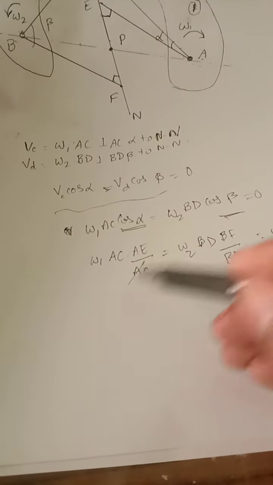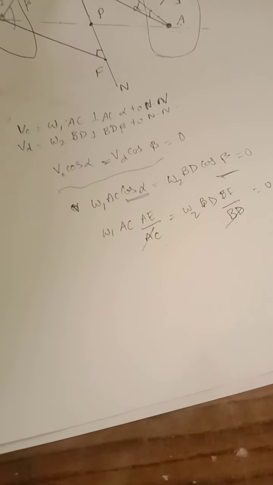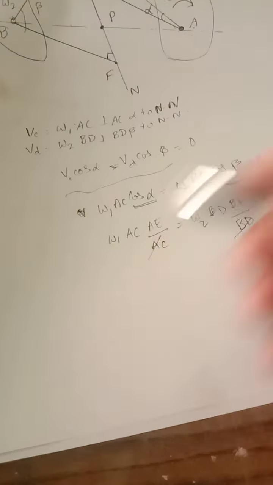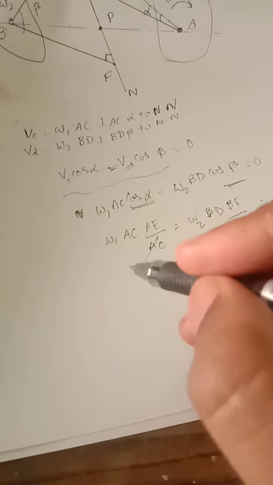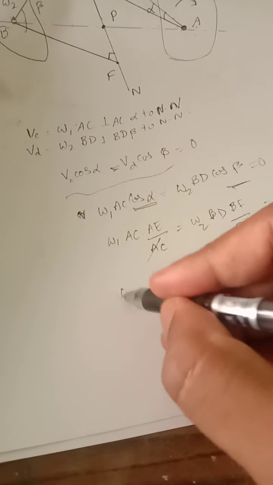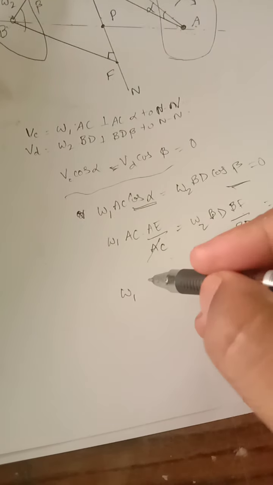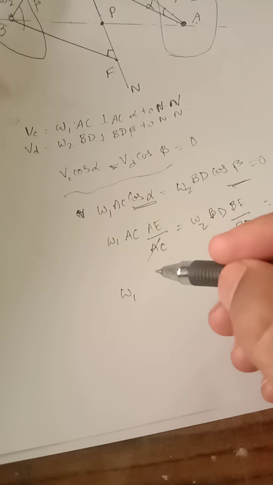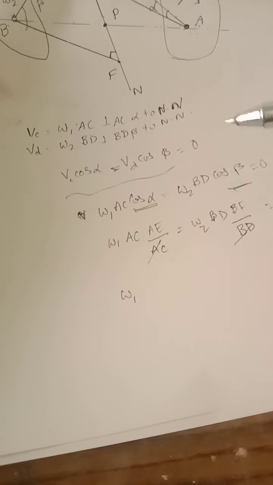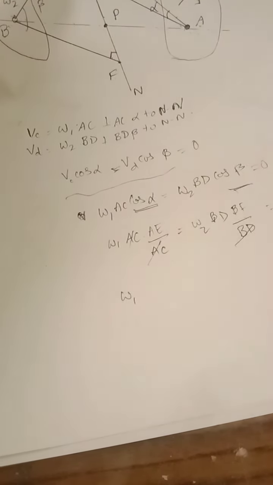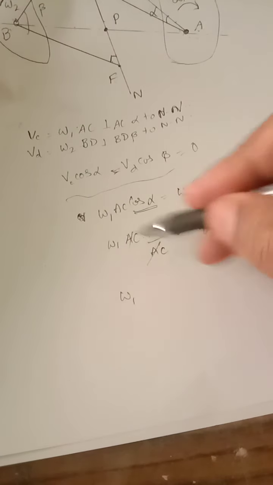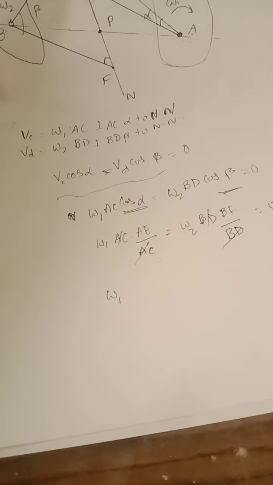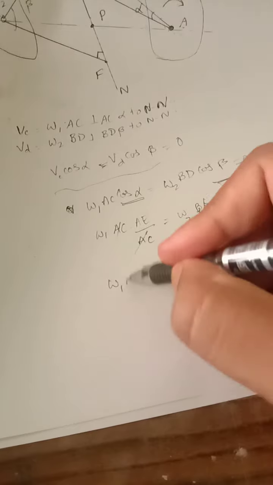Therefore, AC and BD are the same, so we can take that out. So what are we left with now? Omega 1. Sorry, this AC gets cancelled and BD gets cancelled. Omega 1 AE